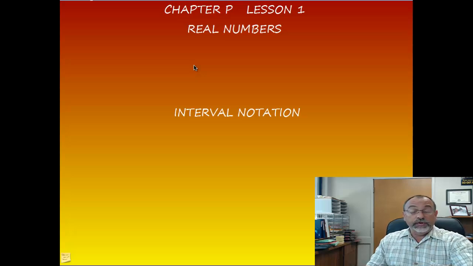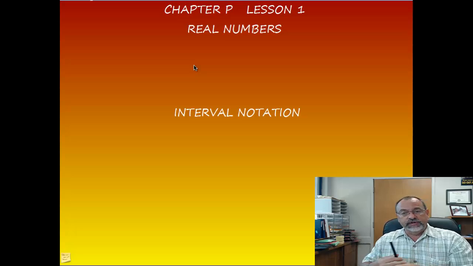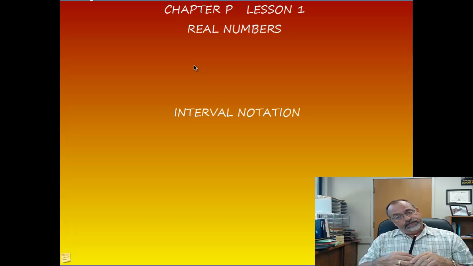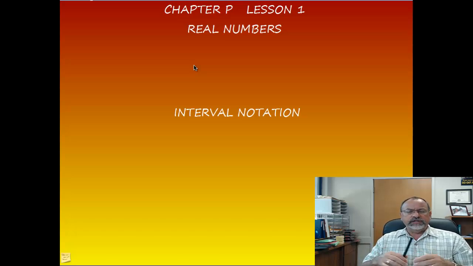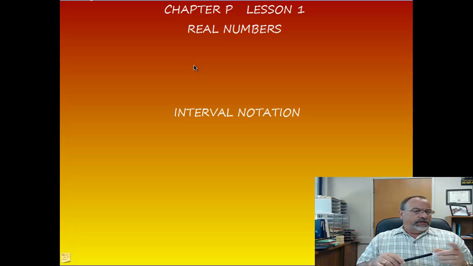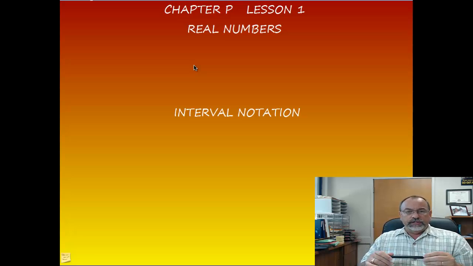This is the prerequisite chapter in pre-calculus. We're going to look at lesson 1, and I'm only going to cover one topic that's in the lesson, interval notation, because you probably haven't seen that before because it's not in our other textbooks. But there is more in the chapter that you will be responsible for, so make sure you read the chapter or at least look at it before you attempt the problem, so you kind of review what you're going to